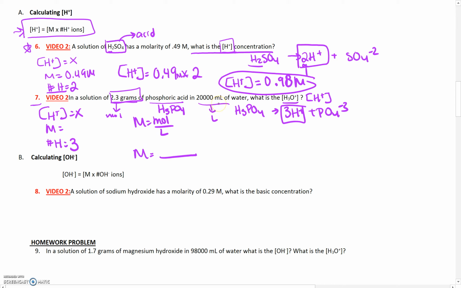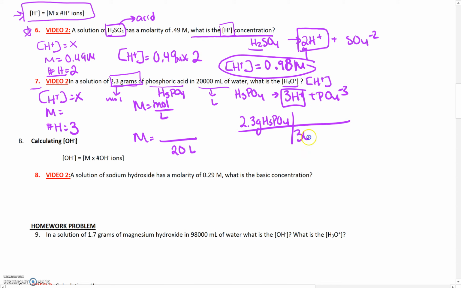So we know 200 milliliters is the same thing as 0.2 liters. 2.3 grams of phosphoric acid we convert to moles using our picket fence. And so since we know our molar mass is, so we're going to take that back. The molar mass is 98.079 grams per mole. That'll give us a total of 0.023 moles, which we can then plug into our molarity equation,